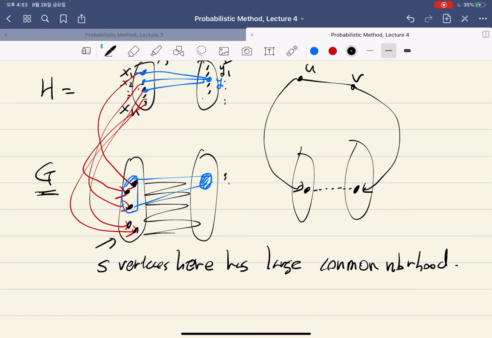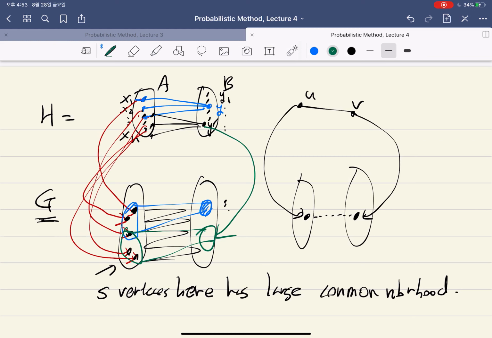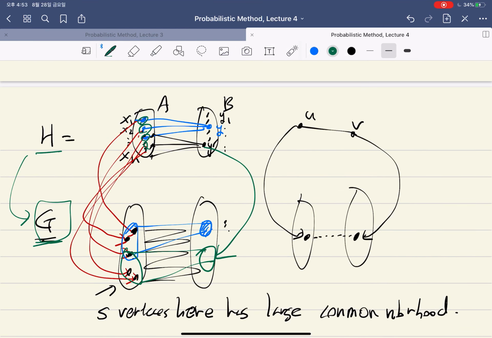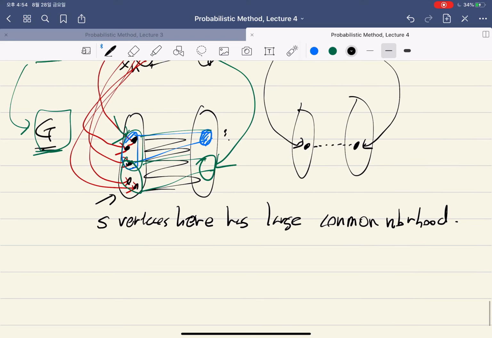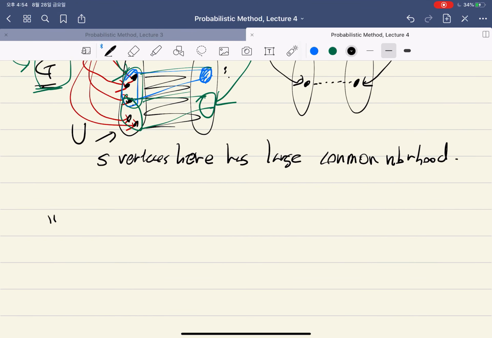And for other vertices, say Y prime, again it has some S vertices which are already embedded here. And if this has also a large common neighborhood, then you can just embed these two on here. So this shows that embedding this H into G, so finding H inside of G, can be boiled down into the problem of putting these vertices into this independent set, so that every S vertices here have a large common neighborhood. If we can ensure that, let's say this is U,